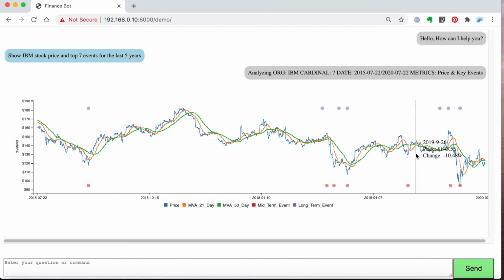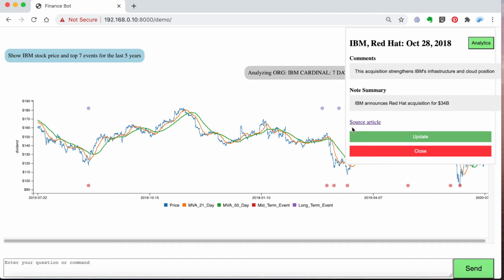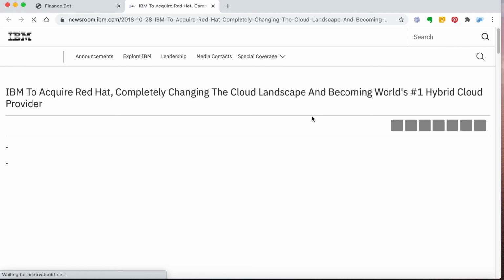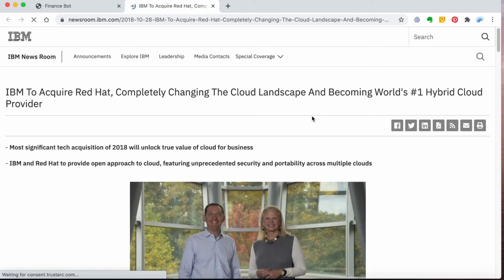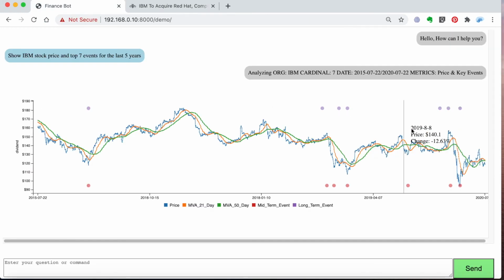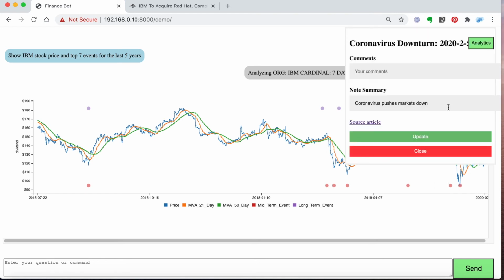And the other thing is, if I wanted to see anything about the Red Hat acquisition, I could have clicked on this source article, which would have pulled out the announcement saying that IBM is going to acquire Red Hat. So going back to Asperios, what I could do is go to the next event,